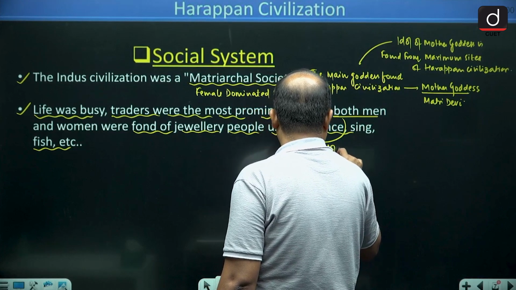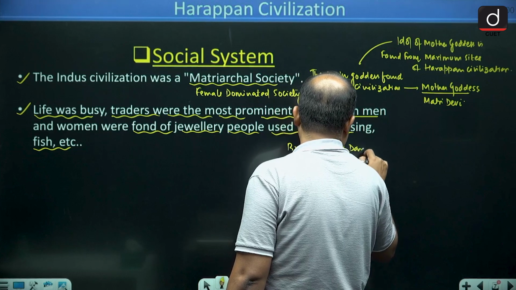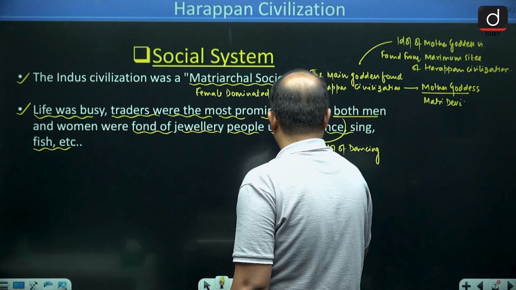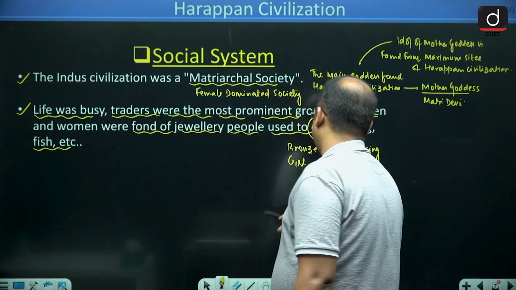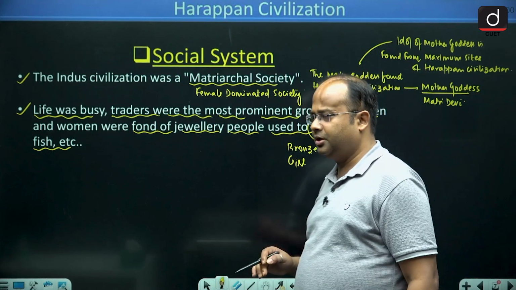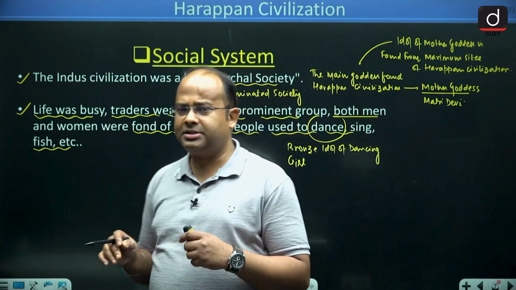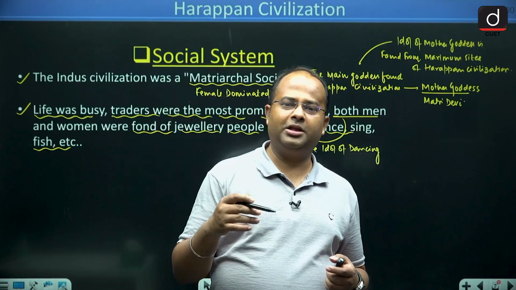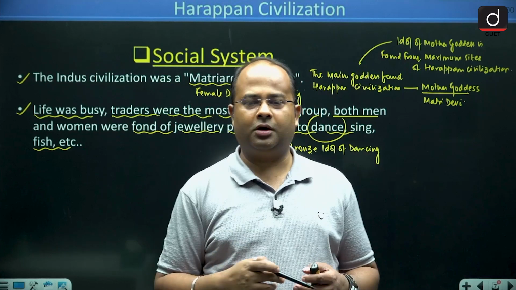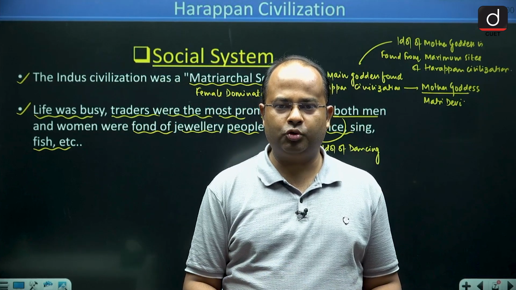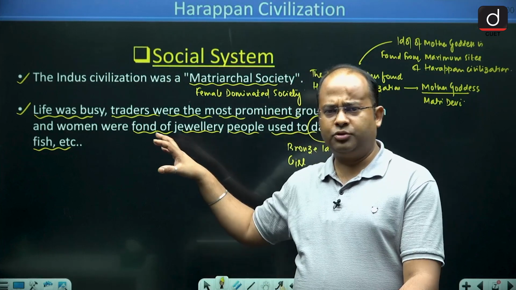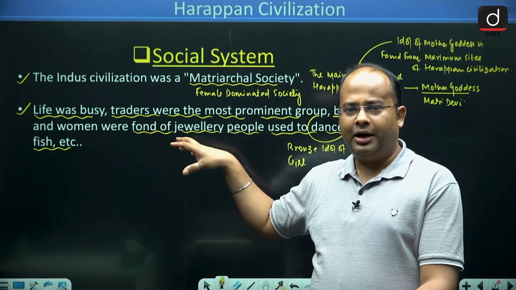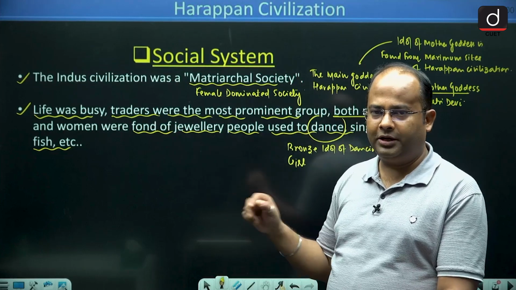bronze idol of a dancing girl from Mohenjodaro. So we can say that dance and music or the fishing may be the favorite time pass of the people. So the people used to enjoy this type of excursional activities. So we come to know about it through the evidences which have been found in the different parts of